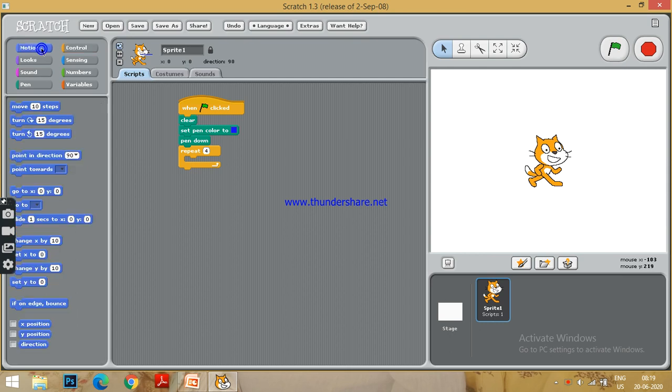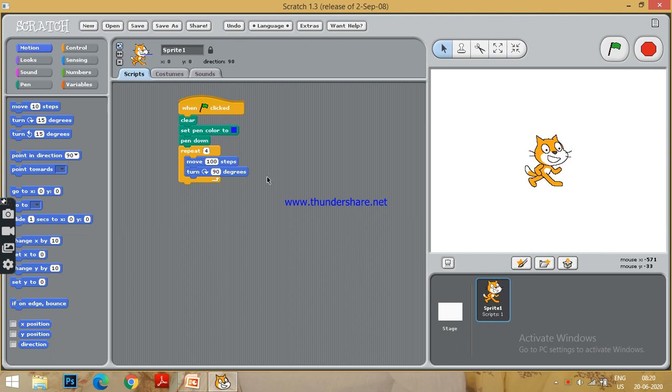So I will go to the motion block once again and move, say it is given 10 steps, I will use 100 steps. After moving 100 steps, I have to generate a 90 degree angle, because the next repeat will again move 100 steps. So I will turn 90 degrees for each line, so I will turn, not 15, I will turn 90 degrees.